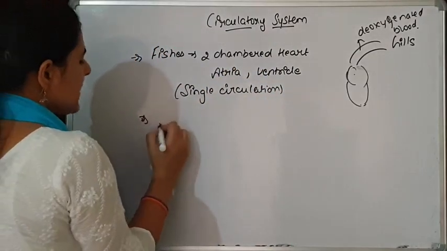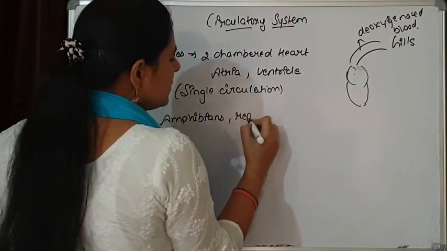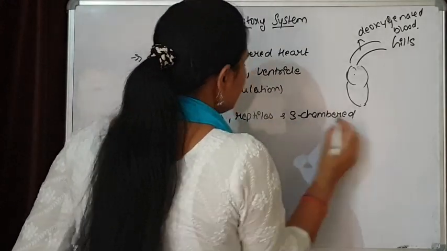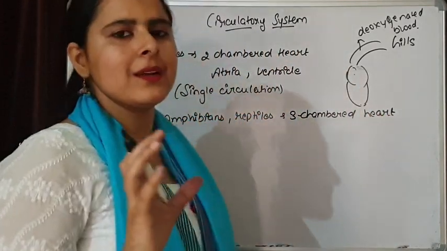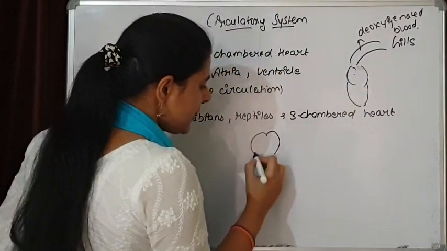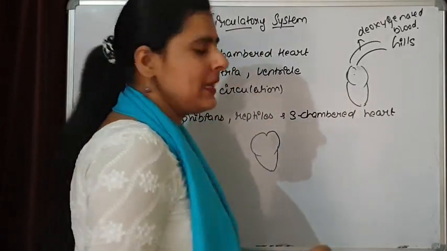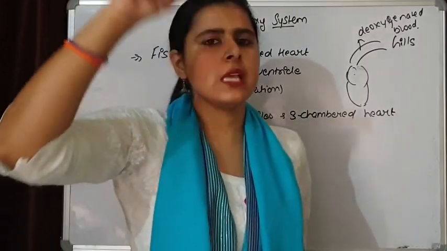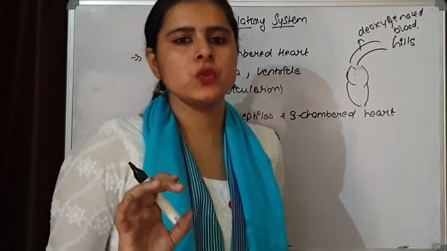If we see other animals like amphibians, reptiles also, they are having three-chambered heart, except reptile crocodile, that is having four-chambered heart. So in amphibians, clear-cut three-chambered heart is present, means they are having two auricles, but they are having one single ventricle. And in reptiles, we will see there is partial division of ventricle. The ventricles are not completely divided. So again, in both these organisms, mixing of blood is going to take place.